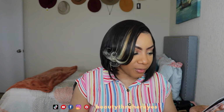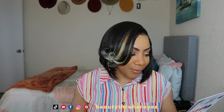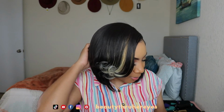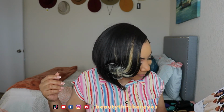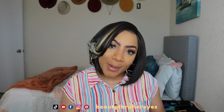She is heat safe up to 400 degrees, does have some peekaboo colors, has natural baby hairs, and it has premium synthetic fiber, which looks just like Yaki, which gives a very natural looking unit for you to rock. This unit, what can I say about it? It is the perfect everyday unit. It is beginner friendly, no shedding, no tangling, perfect length, great for the summer, and of course it